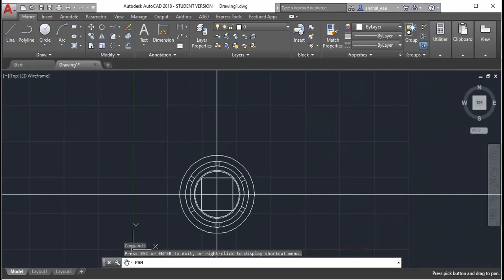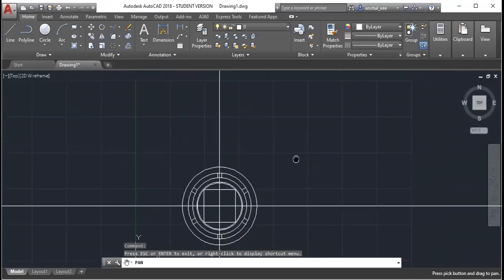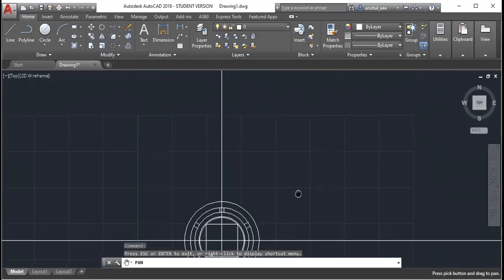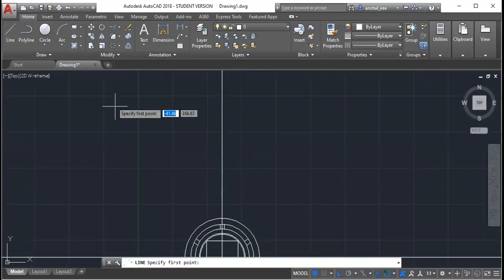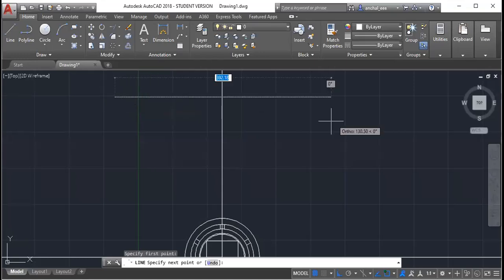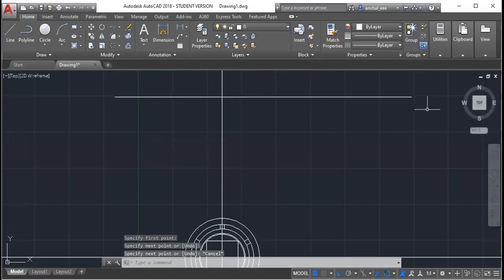Now we will start drawing the front elevation. For front elevation, we are mainly going to use offset, mirror and all. So what you do, take one line and draw somewhere in the center, somewhere where you can extend it. Approximately somewhere up the core you draw it. Now you read the question.